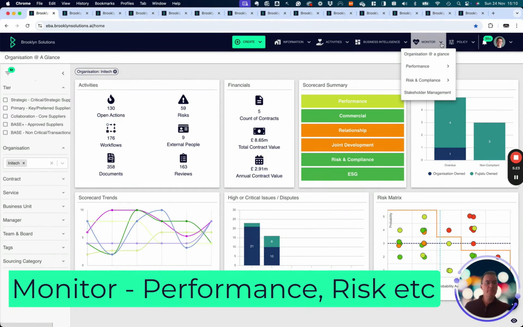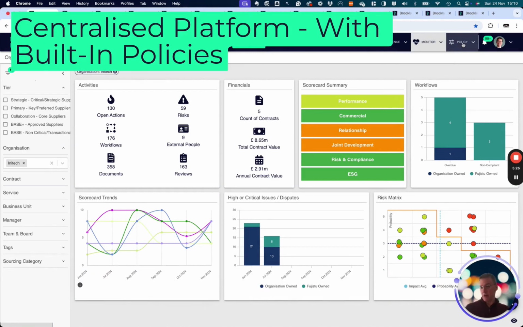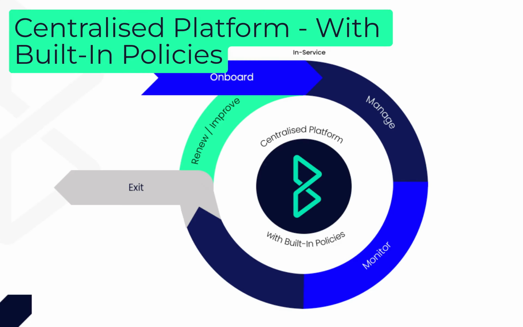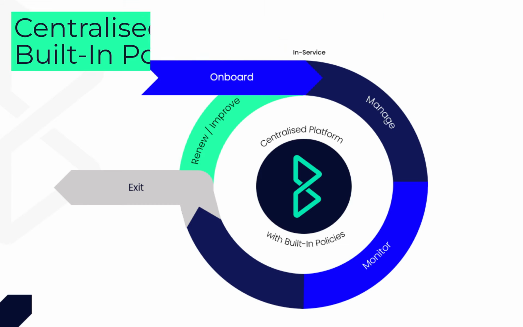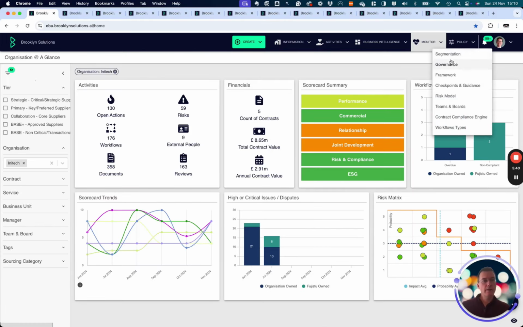And then Brooklyn, above all things, it's a policy engine. Your supply chain management policy is captured and digitized, no longer a PDF in some SharePoint that managers are chasing people around to apply. It's literally digitized so that per segment, you'll have the right governance driving on a cadence, triggered by events that happen, fulfilling a risk model if you're doing frontline risk management,